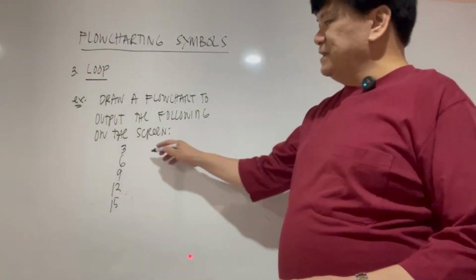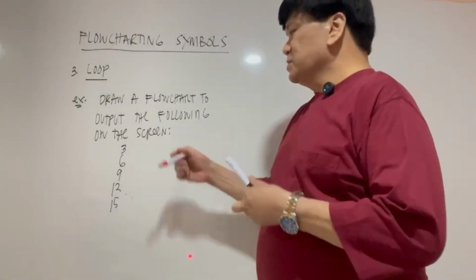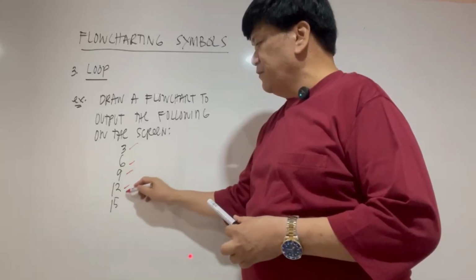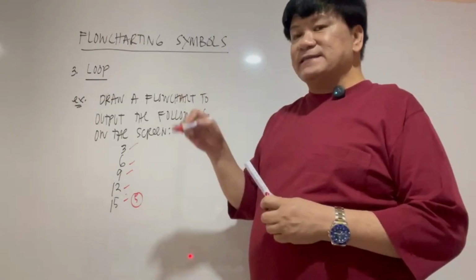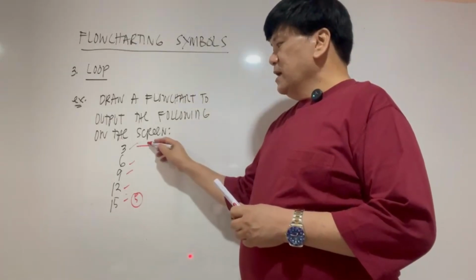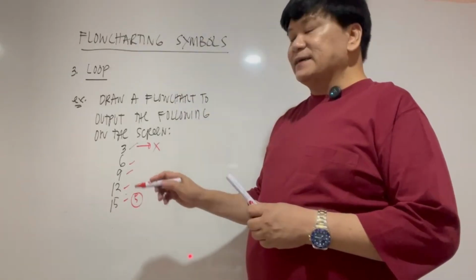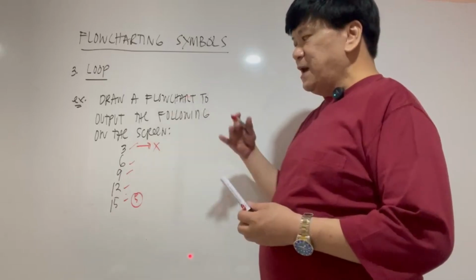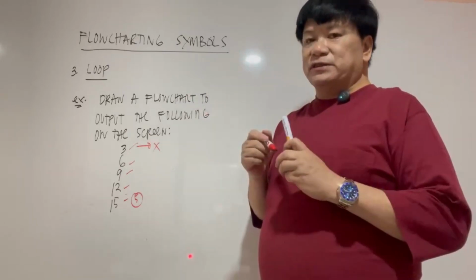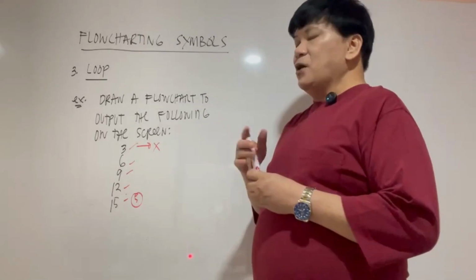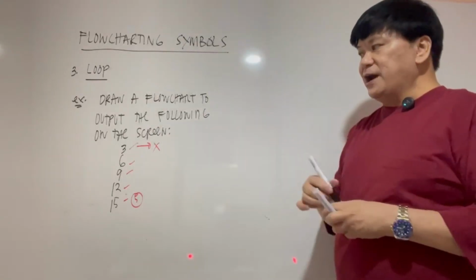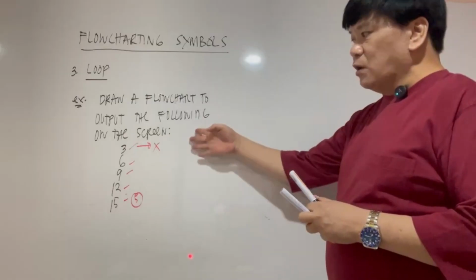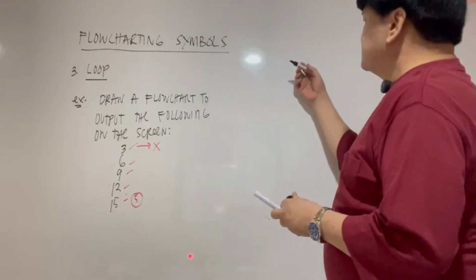Okay, so let's have this. So again, we have 1, 2, 3, 4, 5 numbers to be outputted. Now we can initialize again the value of a certain variable x to 3 so that we are able to output 3 on the screen immediately. Now, how are we going to draw a flowchart solving this problem? So again,